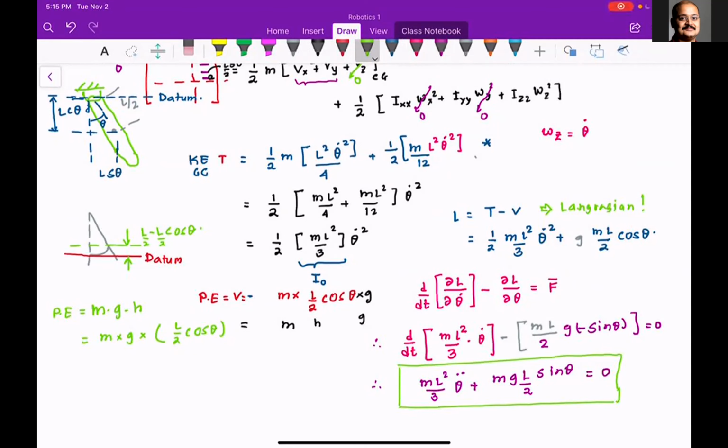m L squared theta dot squared, right? Theta dot squared. Can you just... the partial derivative for theta dot will be... Go ahead. Then the potential should be theta dot. So this equation is incorrect. Is that what you're saying? The last part for the potential energy. Theta, theta dot. It's just a partial derivative. It's not with respect to time.